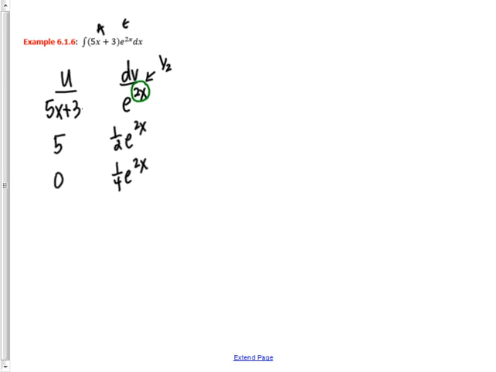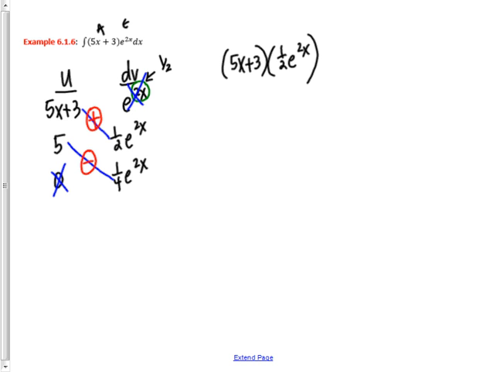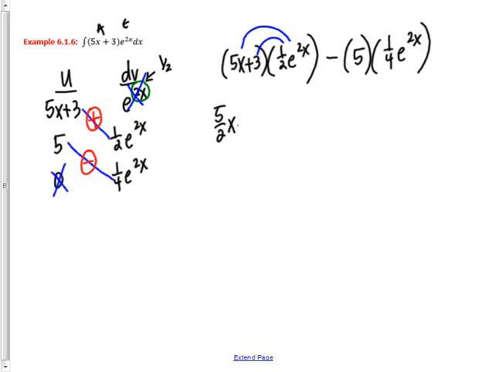So let's join them up. So these two go together, and these two go together. Remember, you don't use that one or that one. And this one's a plus, and this one's a minus. Alright, so I need to multiply 5x plus 3 times 1/2 e to the 2x, and that's a positive, and then this is a minus line, 5 and 1/4 e to the 2x. Okay, so what I'm going to do is take this 1/2 e to the 2x and distribute it. So I get 5/2 x e to the 2x plus 3/2 e to the 2x minus 5/4 e to the